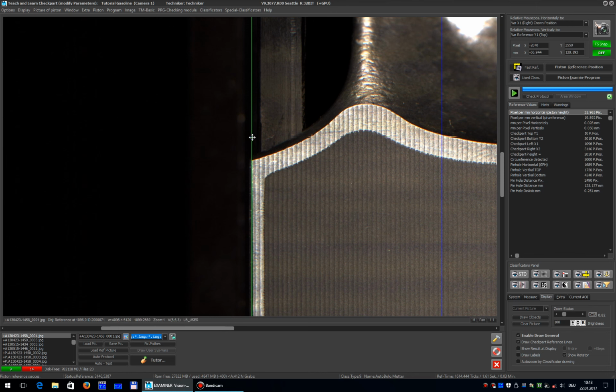With the right mouse button you can zoom in, and now I make this perfect. Okay, this looks very good. Here is a face, and by the crown I make it also. Okay,